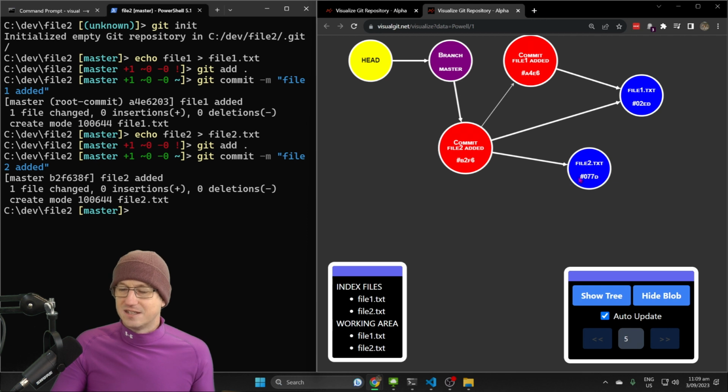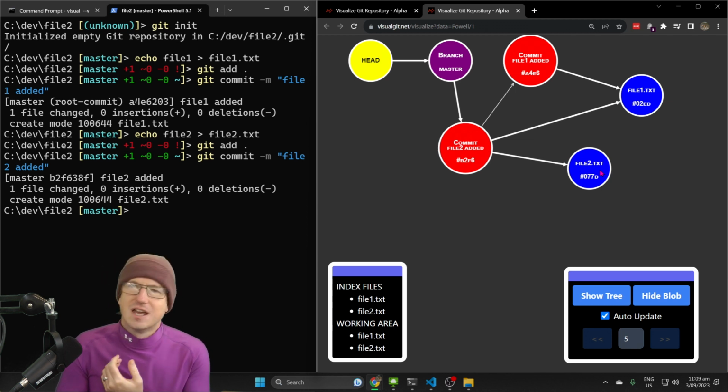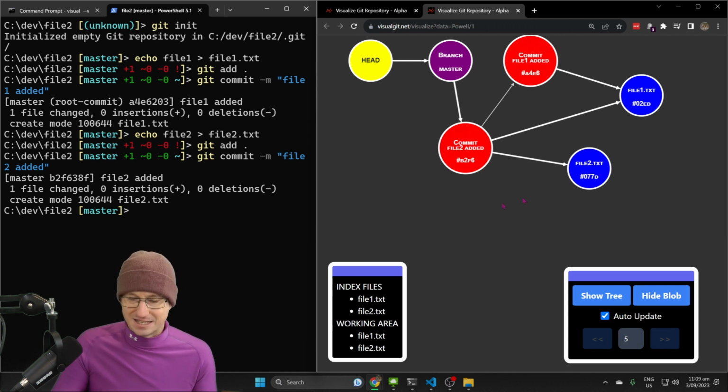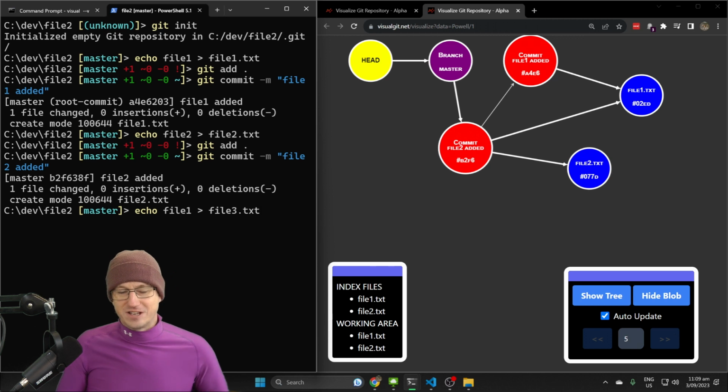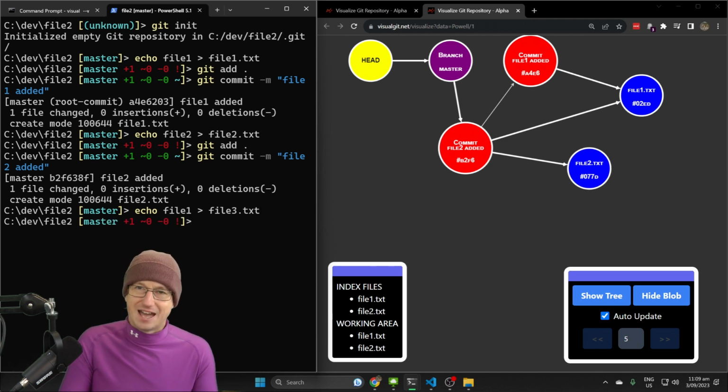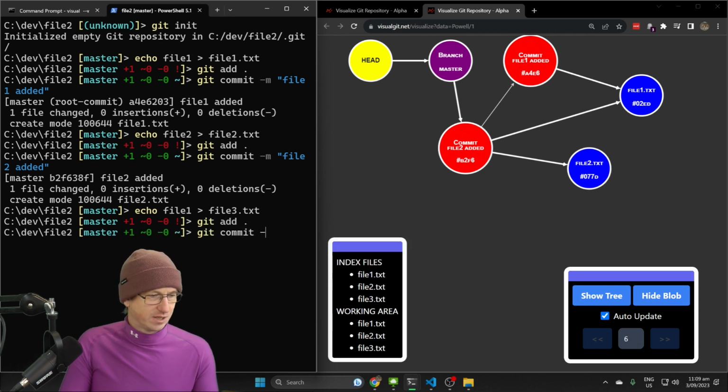Thing to note is that this hash number here is created for each file, and it's created on the contents of the file. So what happens if the contents of the file are identical? Well, let's see. Let's add file1 but into file3.txt. So file3 has got exactly the same contents as file1, so it should have the same hash. So how does Git handle that? So when I do a commit now,